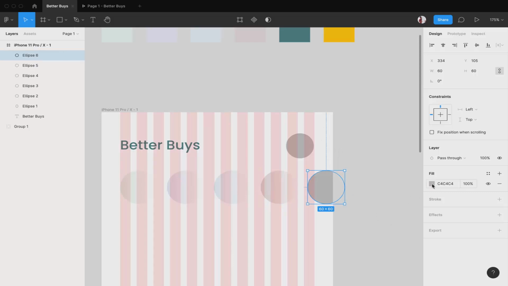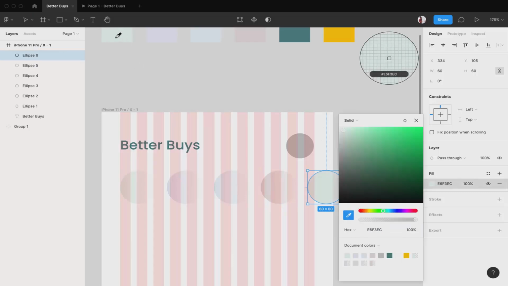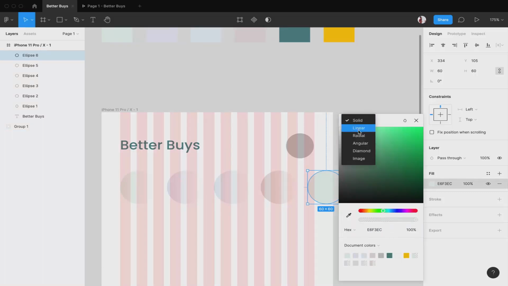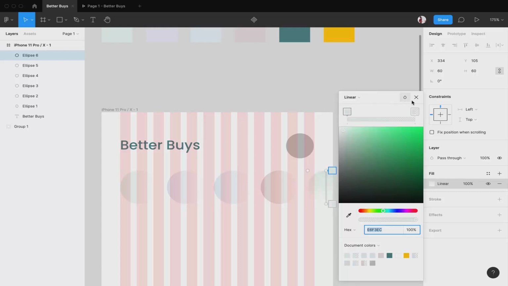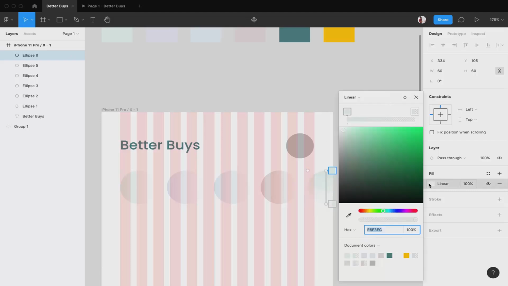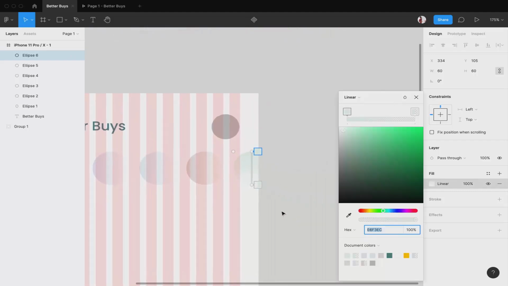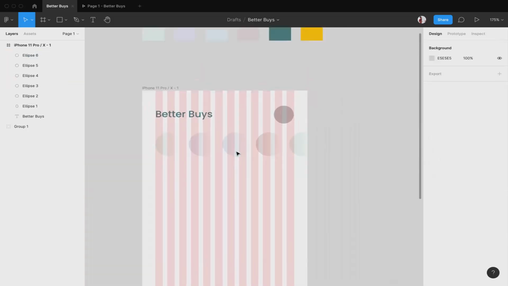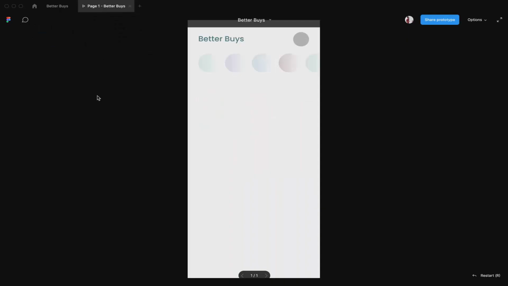Now in the last one I again start with the first step. Solid will change to linear. Okay, I'm sorry, what happened? Yes, so the solid will change to linear, and the linear will change from vertical to horizontal. Yes, now it is done. So now if you look at this, it looks better.